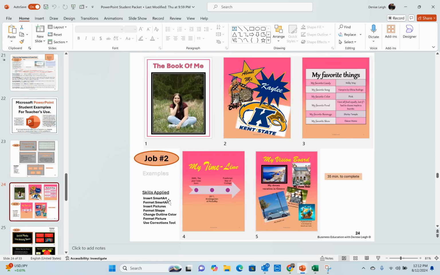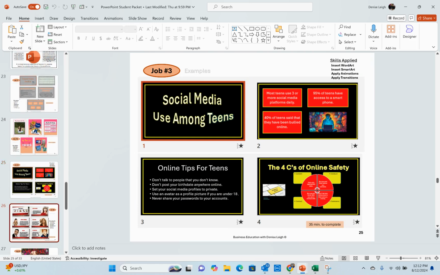So this is the book of me. This is a student example. This is what each slide would look like. They have to change the page shape. And again, 35 minutes to complete. Social media,